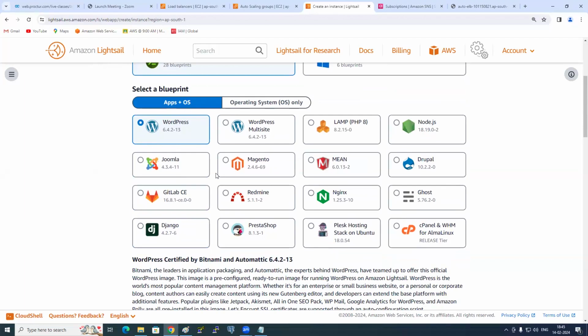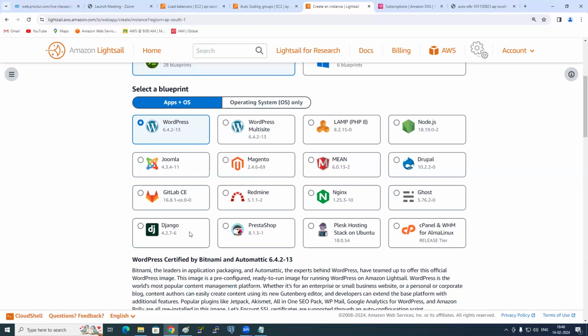So in software language, we call it low-hanging fruits. Do you know that? We call it what? Low-hanging fruits. Low-hanging fruits in a project generally mean whichever is easier for you, pick those up first and then finish it off. Okay. So anyways, you have WordPress, LAMP, Node.js, Joomla, Magento, Drupal, MEAN, Redmine, Nginx, Ghost, Django, right?